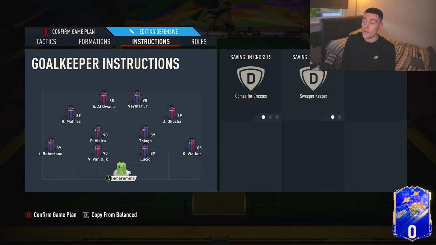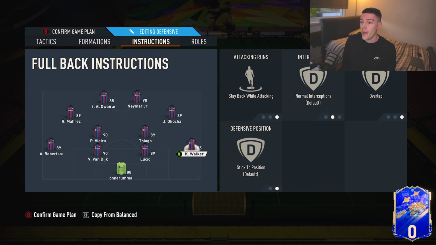Goalkeeper comes for crosses, sweep the keeper, just put it on. Makes a tiny difference. Both fullbacks stay back while attacking. What I found myself doing a lot this weekend that